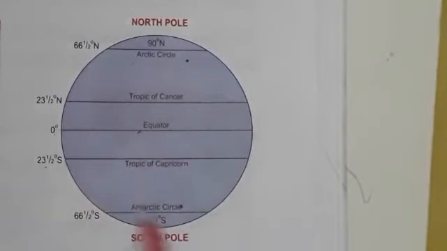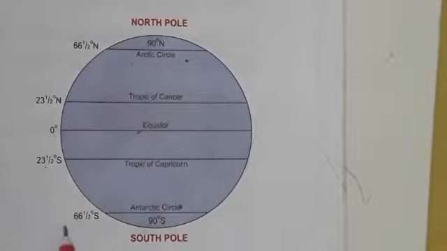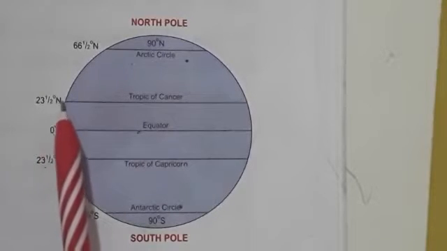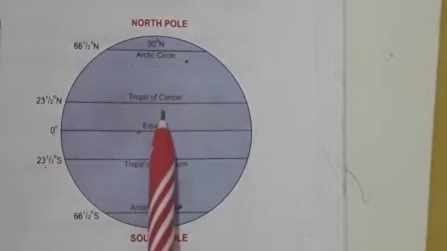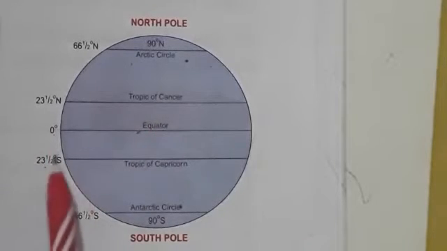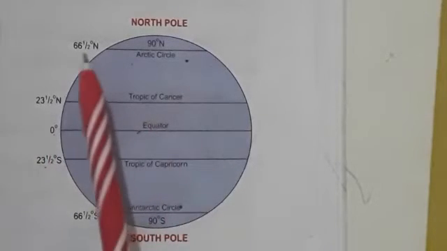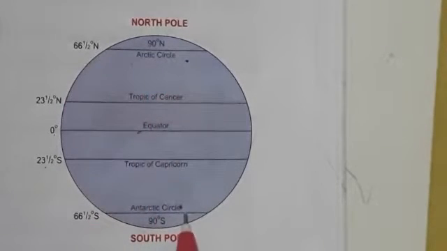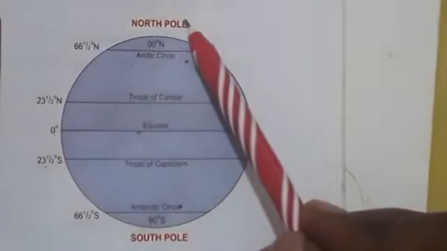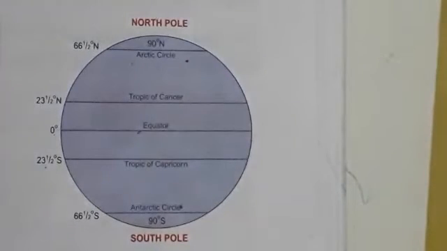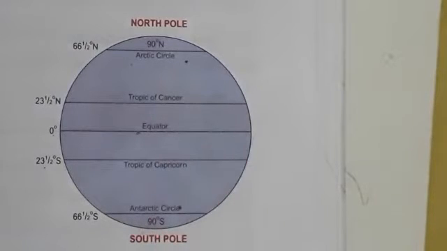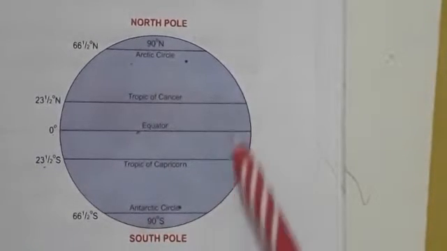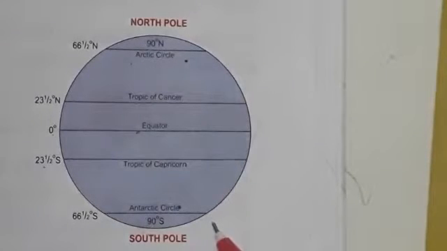If you see this picture, it will be very easy. You can easily understand those important latitudes children. Okay, see 23.5 degree north we have Tropic of Cancer, and in the south same degree we have Tropic of Capricorn, and 66.5 degree north we have Arctic Circle, and in the south we have Antarctic Circle, and 90 degree north we have North Pole, and at the south we have South Pole. Okay children, hope you all have understood the important latitudes. Now we will see the climatic region in these latitudes.